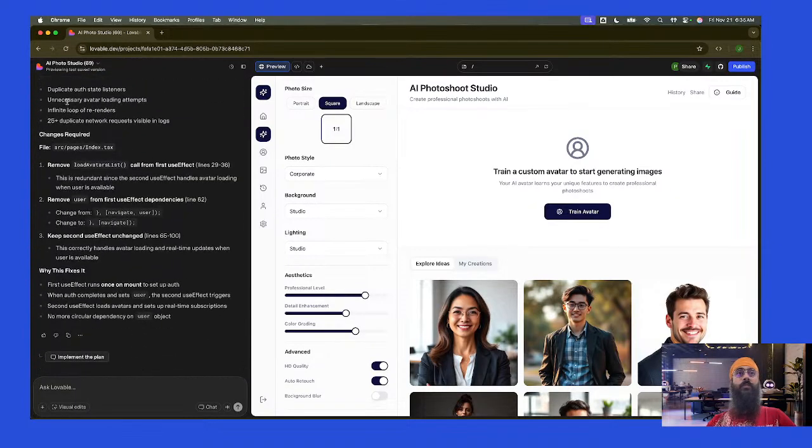Changes required. Duplicate auth state. Unnecessary avatar. Infinite loop. No fabric duplicate value.